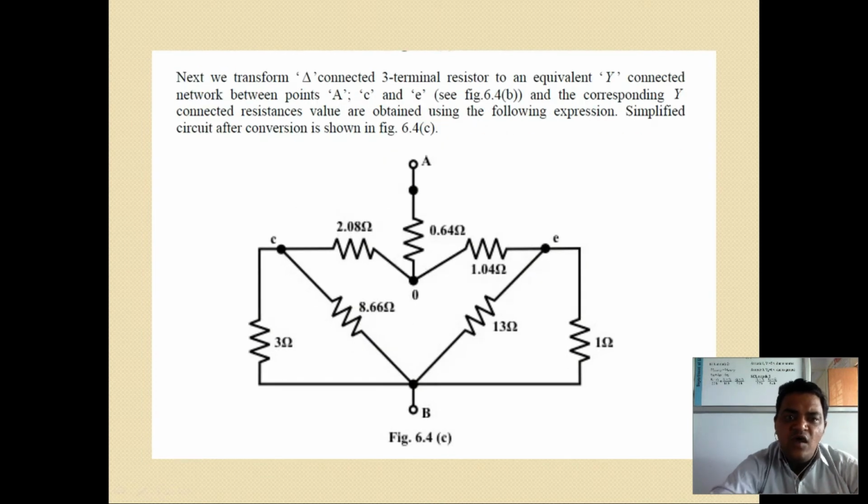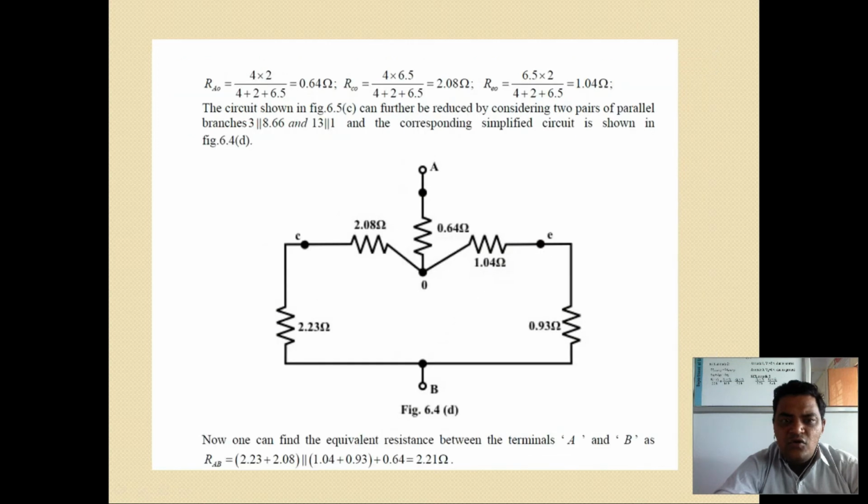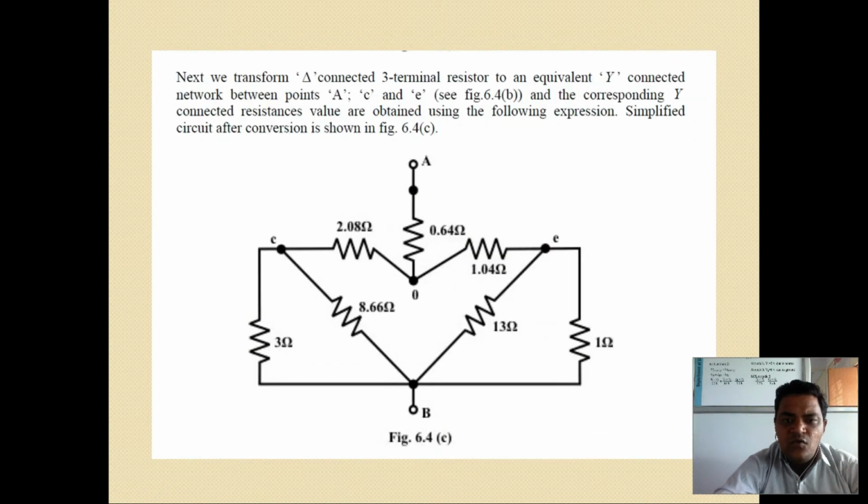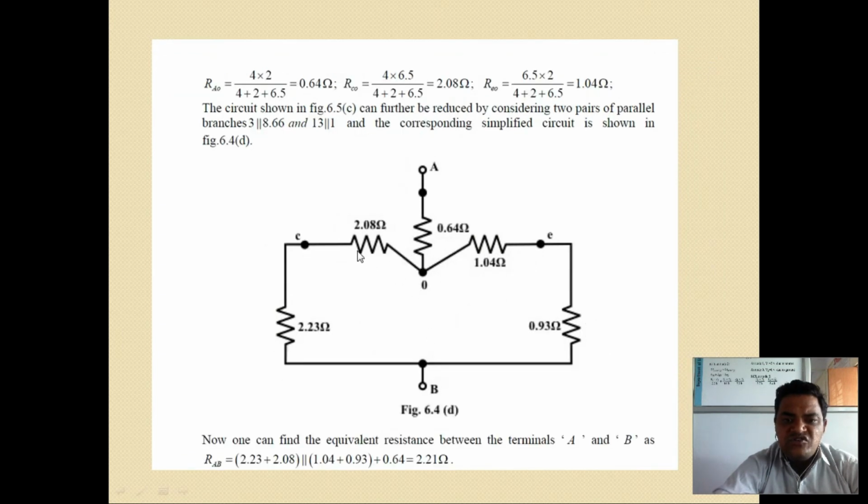Then, the delta connected three-terminal resistors are converted to an equivalent Y connected network between A, C and E as shown in the figure. The corresponding resistances have to be calculated, giving 0.64, 2.08 and 1.04 in this way. Then for R of AO, a delta is formed, and from that delta we obtain the star network. R of AO is equal to 4 into 2 upon 4 plus 2 plus 6.5,